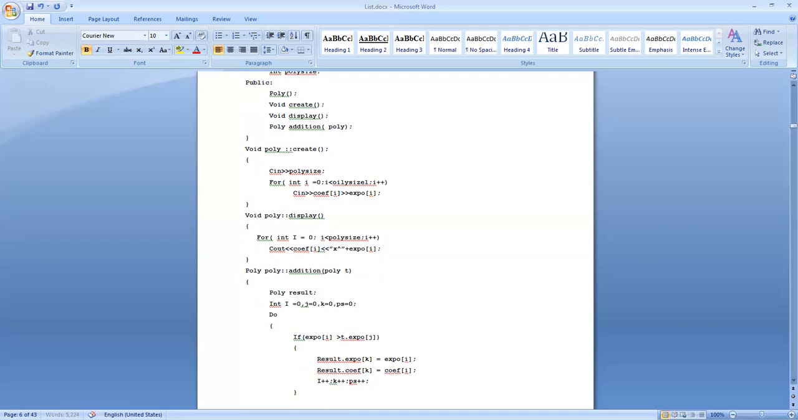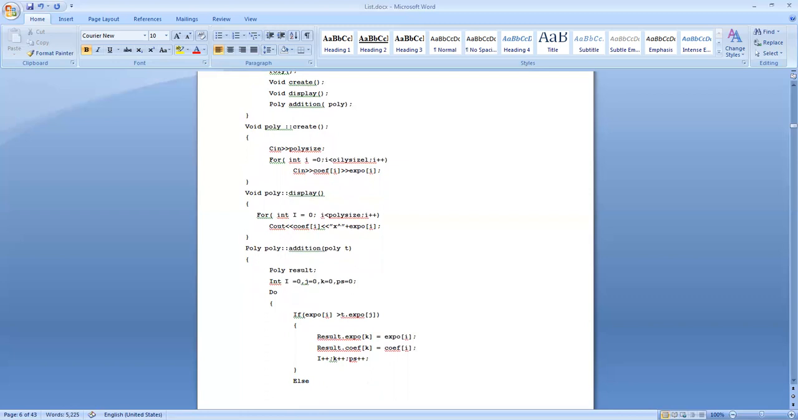Else if the second polynomial exponent is greater than the exponent of the first polynomial, that is, if expo of I is less than expo of j. Okay. Else if